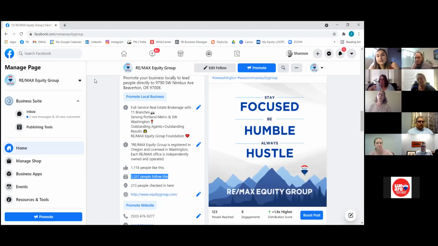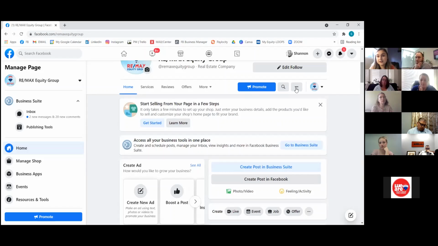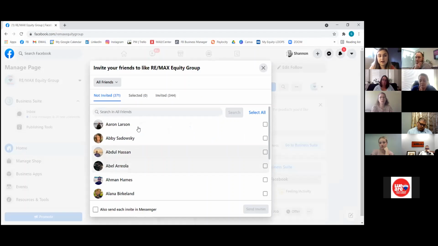So I always say when somebody sends you a friend request, that's actually a good thing, because now you have them in your bank as a friend, which is the best thing ever, because then you have access to send them all of these invites. So now all you would do is go in and, for instance, we can go up to this 3-dot ellipses one more time. We can invite our friends. Let's say I want to invite Aaron.